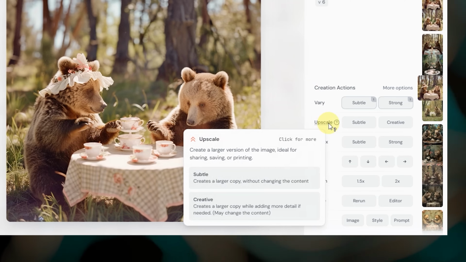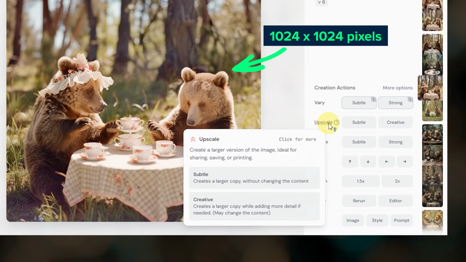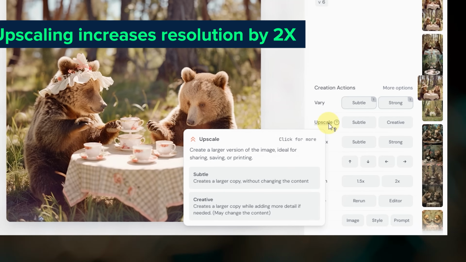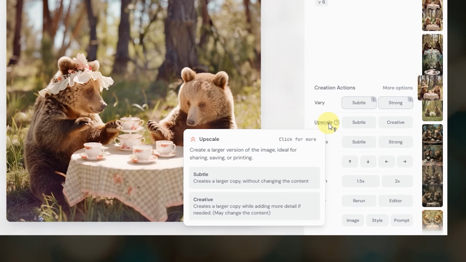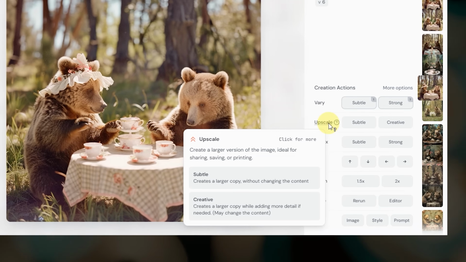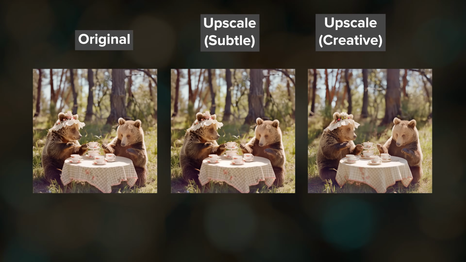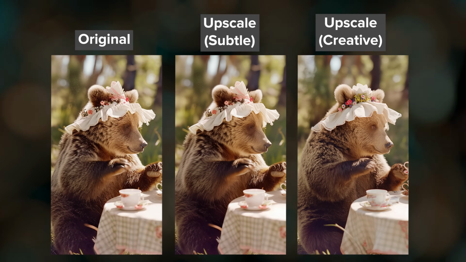Upscaling increases the image resolution. This image is 1024 by 1024 pixels. Using the upscale buttons will enlarge it by 2x to 2048 by 2048 pixels. Choose Upscale Subtle if you want the enlarged image to remain as true as possible to the details in the original image, or Upscale Creative if you want the upscaler to have more freedom in changing small details. You'll have to test both to see what your preference is, and that preference might change depending on the types